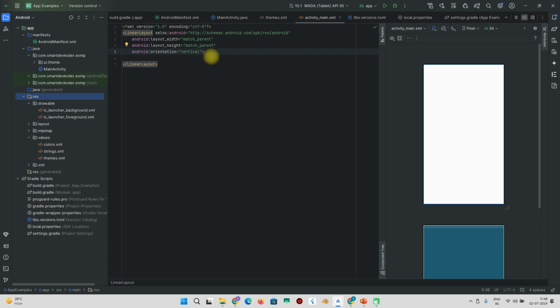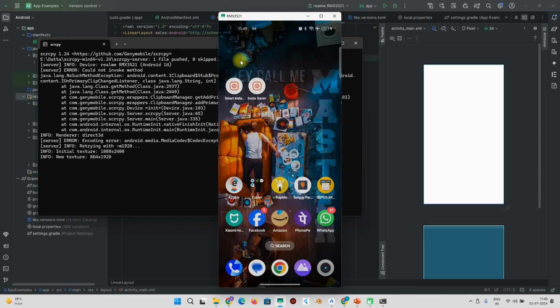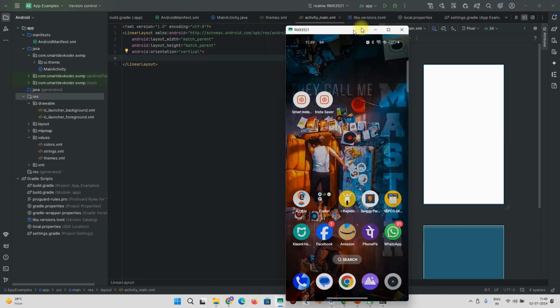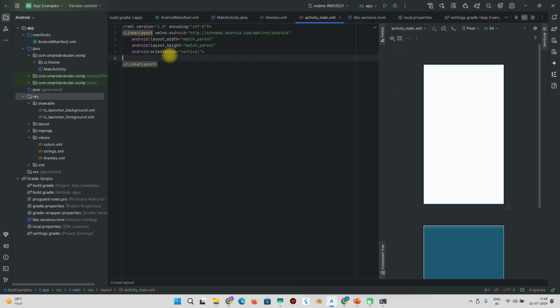Okay, let's get started. And here you can see this is my Android project which I am using for app examples. Project name is app examples. So what we will do is create an image view here. Before doing that, I will first connect my device to show you the output. Now you can see my Android device screen here, and now inside this linear layout